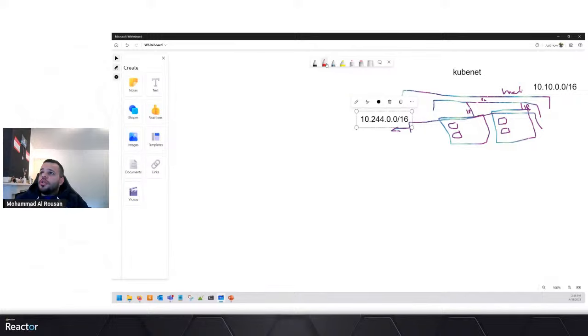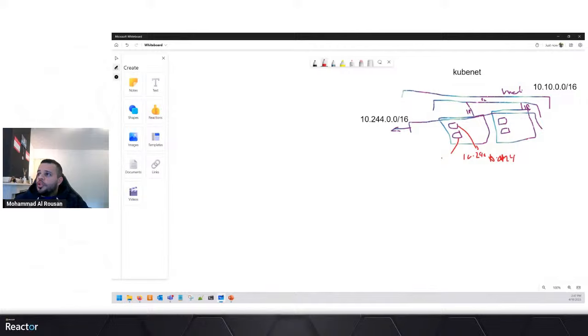And the first node here will be 10.244.0.0/24. Oh, sorry, for this pod, .1 actually.